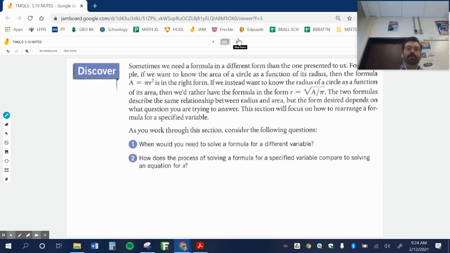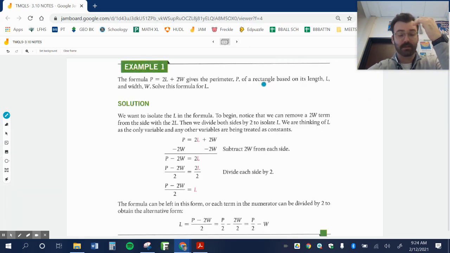All right, so what are we talking about today? When would you need to solve a formula for a different variable, and how does this process for solving for a variable compare to solving an equation for x? We're going to skip the problem right below there that talks about the Pythagorean theorem. I want to talk about